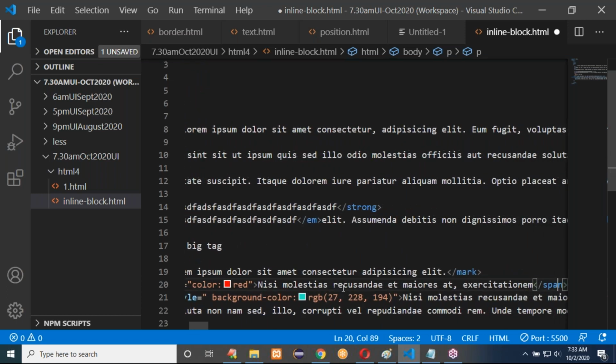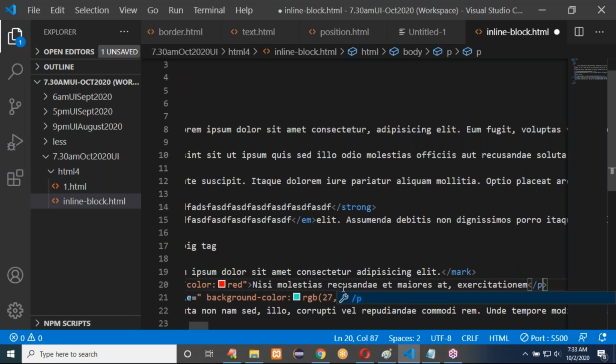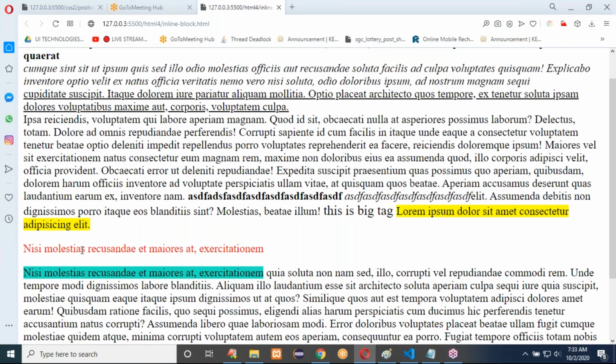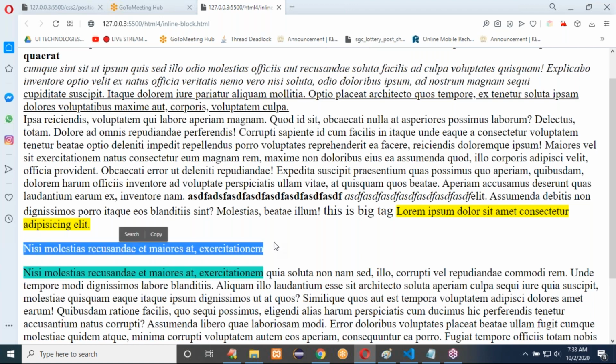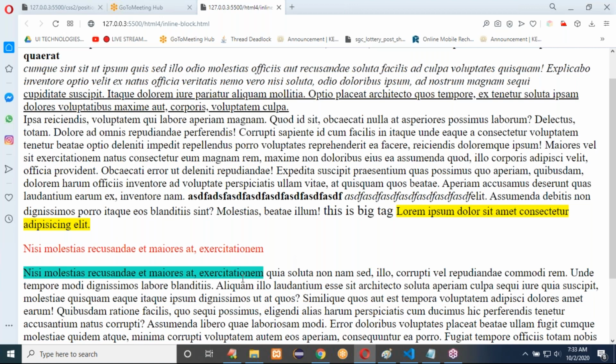It is not an inline element. See here, because of the paragraph tag, that red color content is showing in a new line, and after closing the paragraph, the remaining content is coming to the next line.